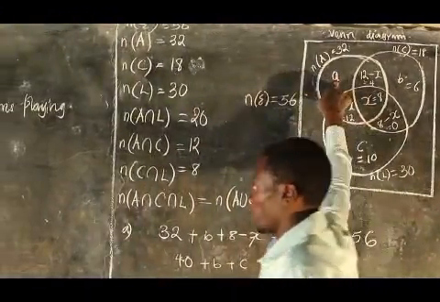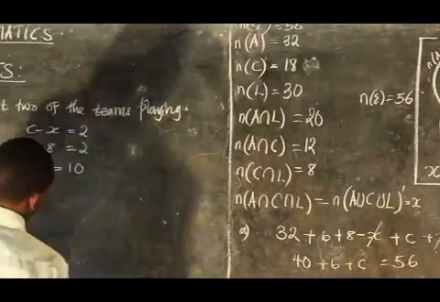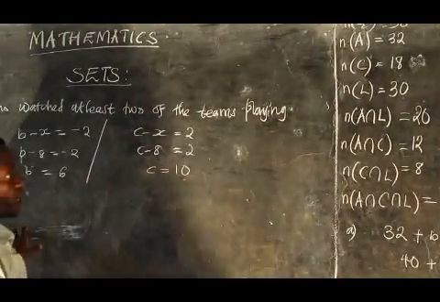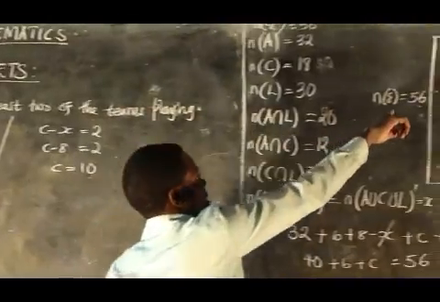Now we don't have A, but we need it also. We need A also to be there if we want to get the value of